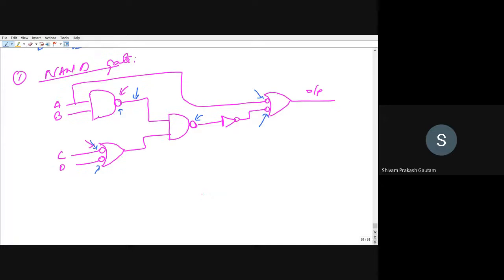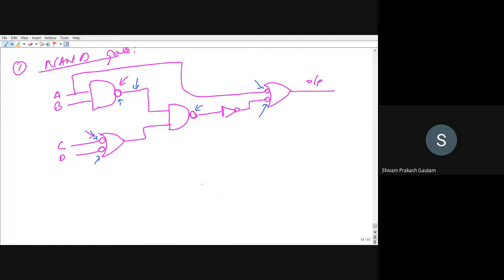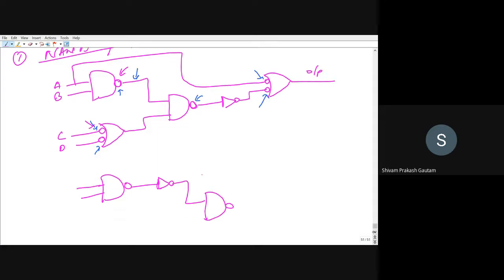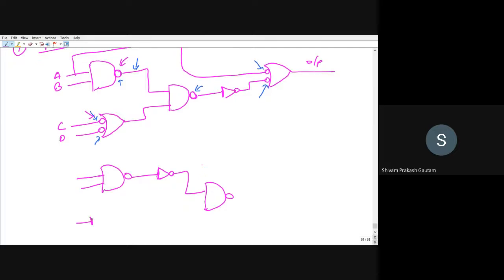So just see. I will redraw the circuit. So this is an inverter. I have to add an inverter here. Its output is flowing through the AND gate, right? And then I have to add two inverters to this line. It is flowing through the input of the OR gate, right?